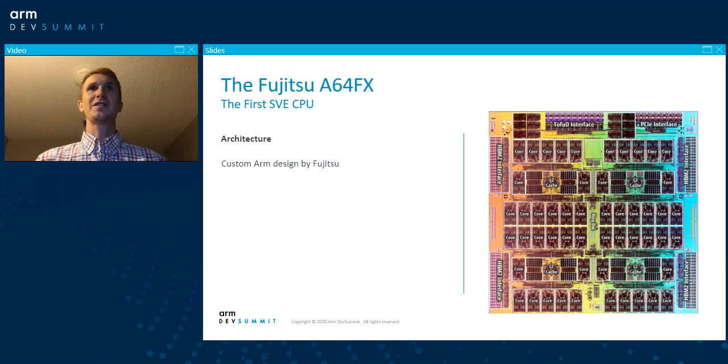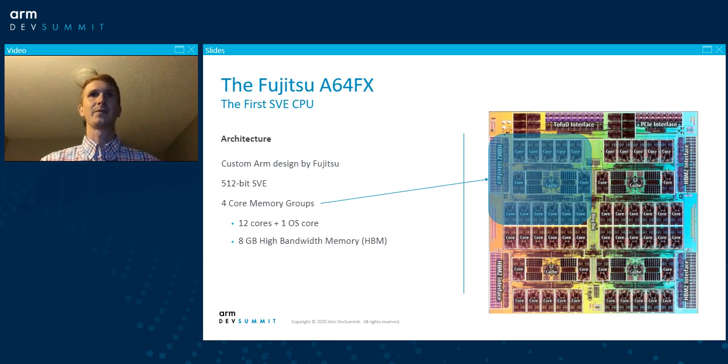Now, the Fujitsu A64FX is the first CPU to implement the scalable vector extension. It's a custom ARM design by Fujitsu, so it implements the ARM instruction set architecture, but the microarchitecture is completely Fujitsu's. It implements SVE at 512 bits and consists of a cluster of 4 core memory groups, or CMGs. Each CMG has 12 cores plus 1 helper core to run the operating system, and provides 8 gigabytes of high